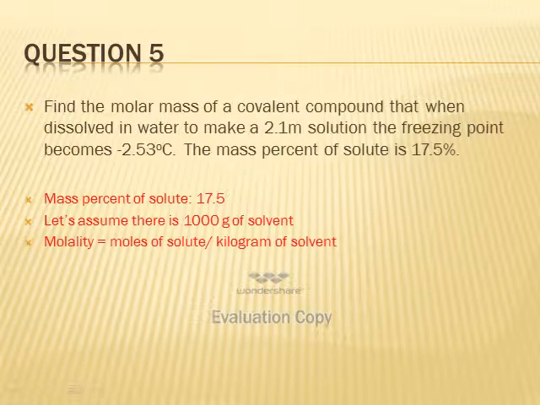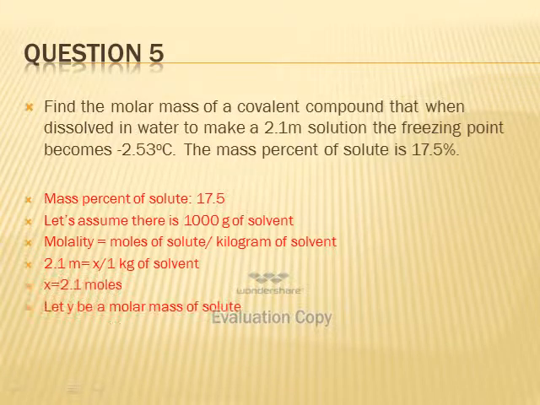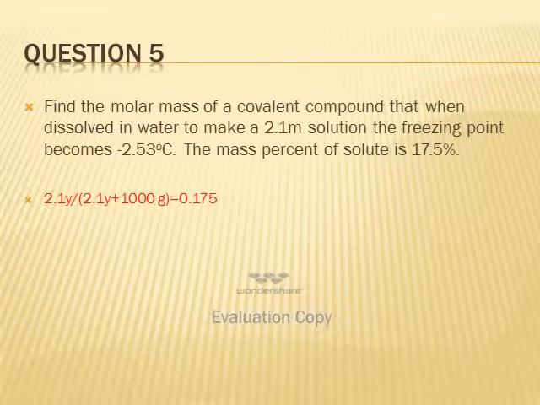So the number of moles of the solute is 2.1 moles. Molar mass times number of moles gives us the mass, so let's call molar mass Y. Therefore our equation is 2.1y over (2.1y plus 1000 grams) equal to 0.175. We can simplify that, and at the end we will get an answer of